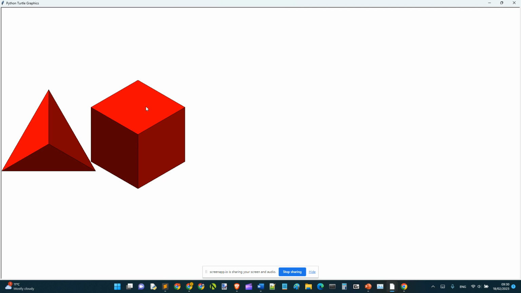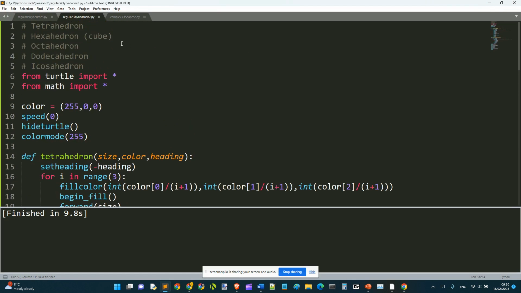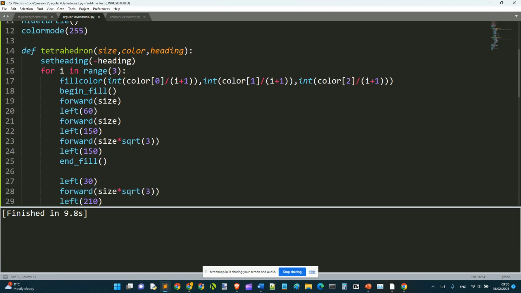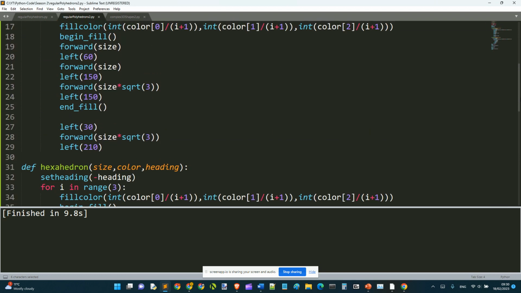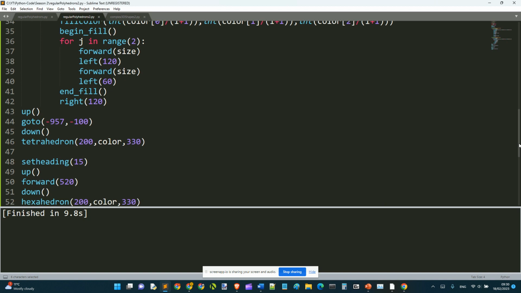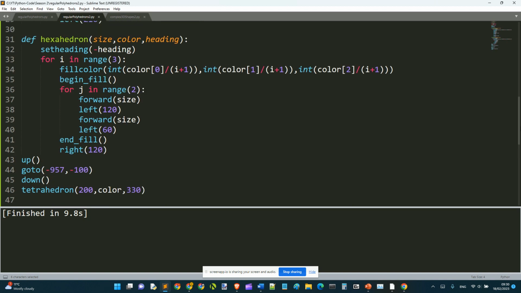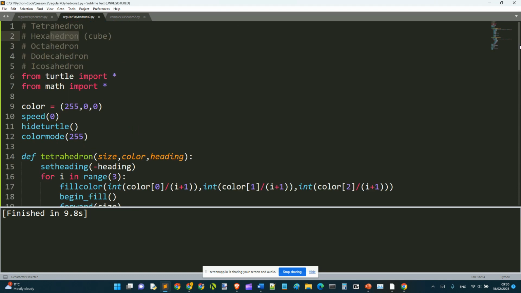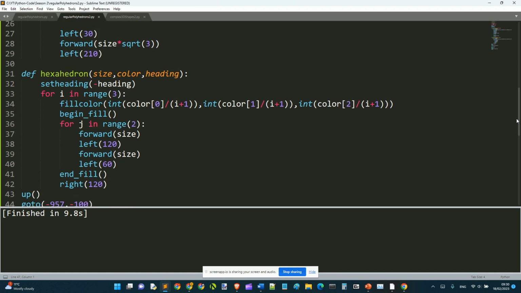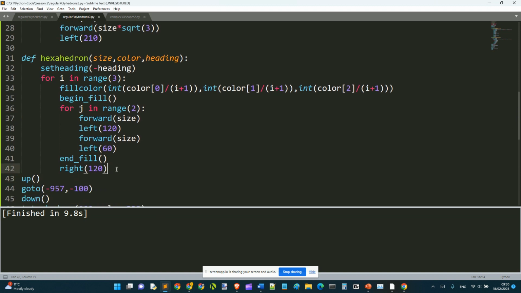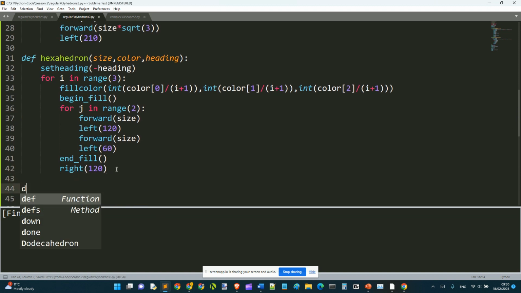So I just called it a hexahedron there just to make every shape end with hedron. Because hex means 6 and hedron means the number of sides. So faces, I mean. Basically, I believe it comes from Greek. Anyway, and then if I'm wrong, you can tell me. And define